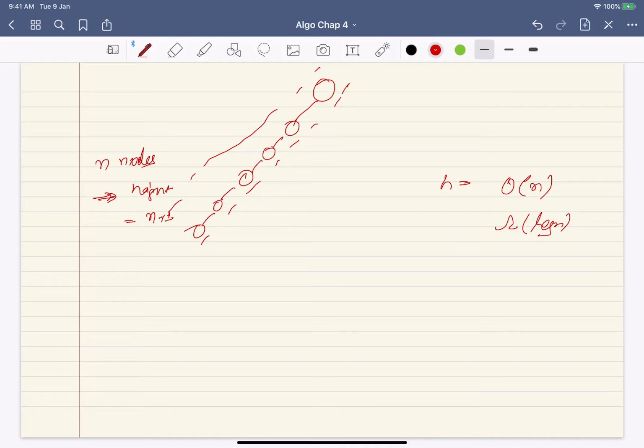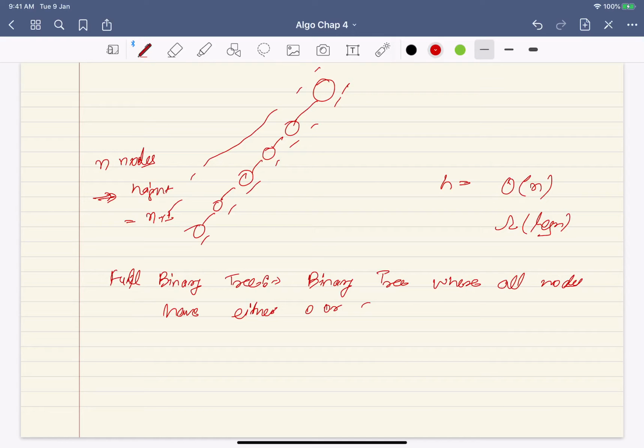In terms of the structure of a binary tree, there are certain definitions. One definition is: what is a full binary tree? A full binary tree is a binary tree where every node has either 0 or 2 children. So there is no node with a single child.